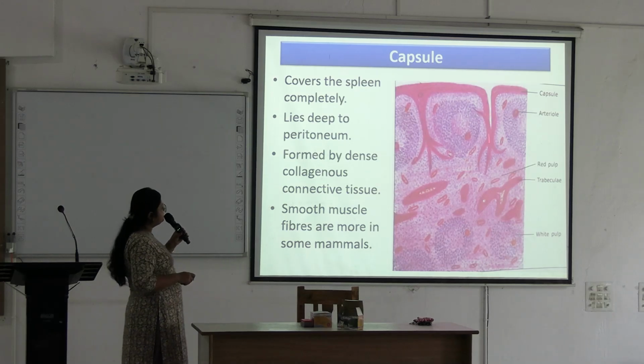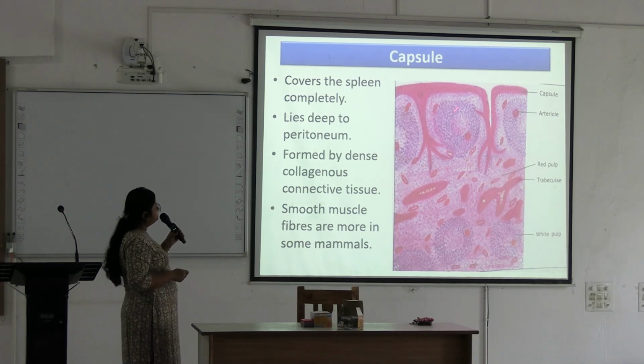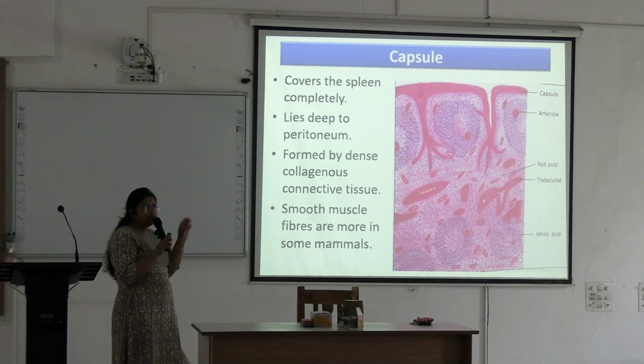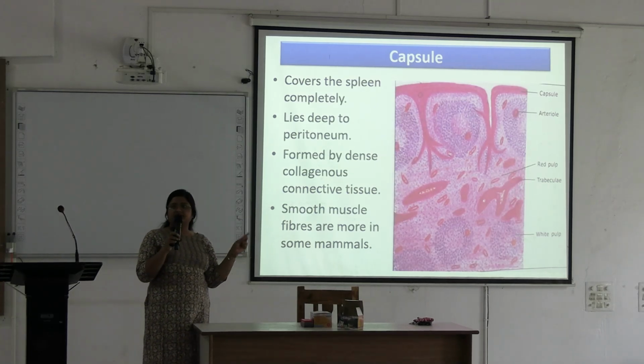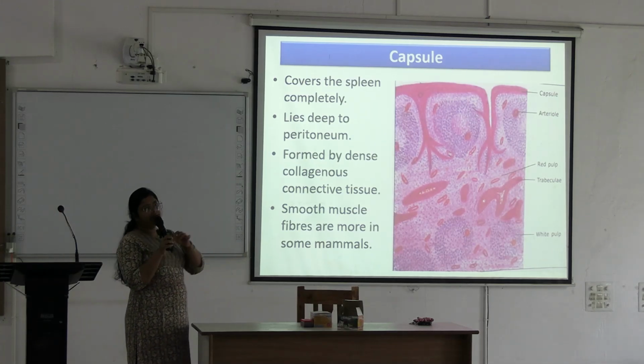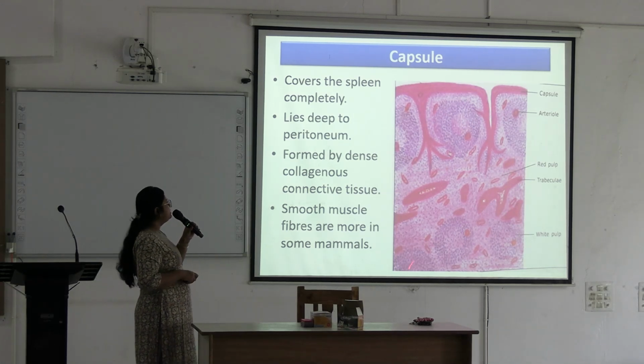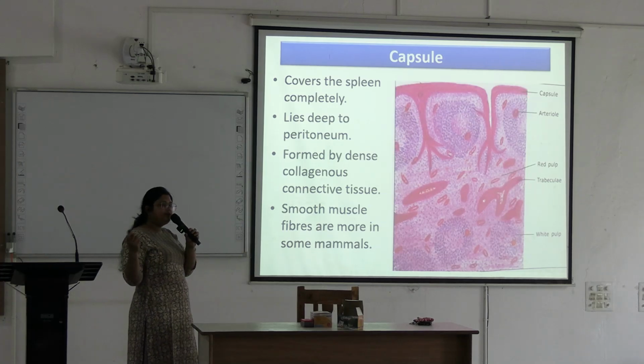This parenchyma consists of these rounded structures you can see. These are lymphatic follicles. This forms the white pulp, and within the white pulp there is an eccentric arteriole. Here this one is the arteriole. In each white pulp, you can see one eccentric arteriole. Eccentric means it is away from the center, not at the center. And this light stained area is the germinal center of each lymphatic follicle.